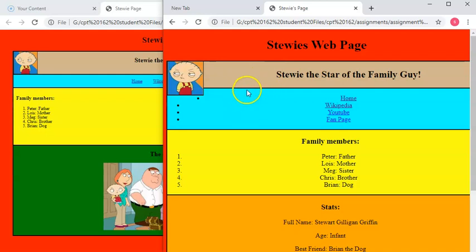Now, a couple of ways I can go ahead and fix this. One is I can increase the height of the header here, and that would then push everything else down, and we would stop messing around with this stuff here. You can see it broke the navigation. Another way we can do it is I can clear that float. And what we want to do is hit the next